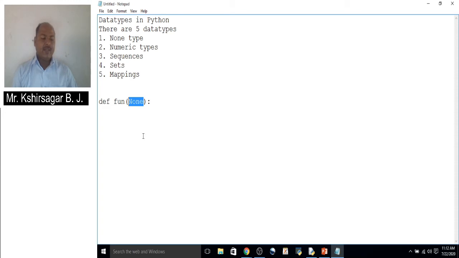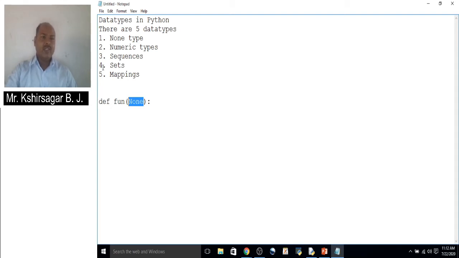In Boolean expressions, the none data type represents false. If you return none, it is considered false. This is mostly used within our programs when you write default functions that do not contain any arguments.